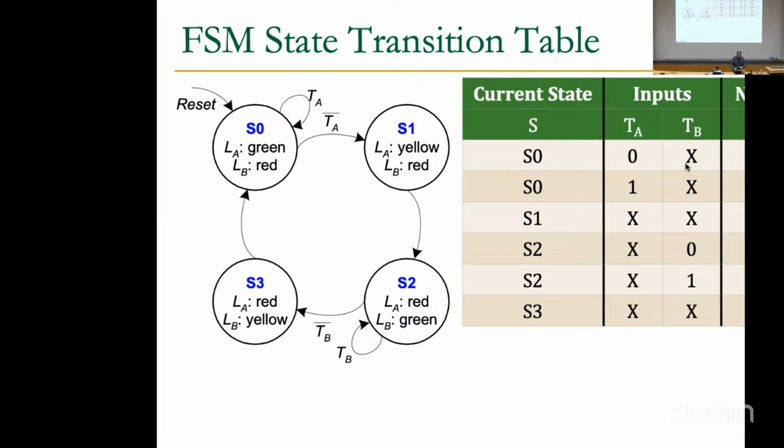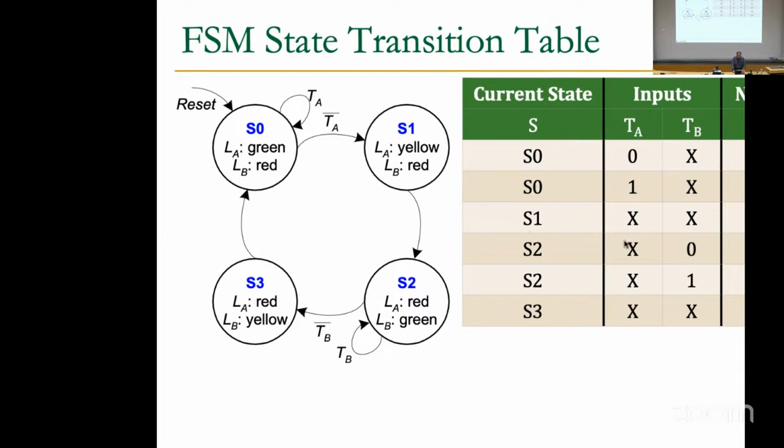This truth table is already considering some simplification, because you could repeat all the rows, like 0, 0 and 0, 1, for example, but you know that when you are in state S0, the status of avenue B is not important. So you can already put X here, which shows a don't care situation. So you move to S1 after that. And when you are in S0 and you still have traffic in A, you want to stay in S0, so the next state should be S0.